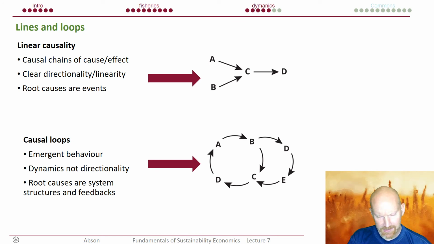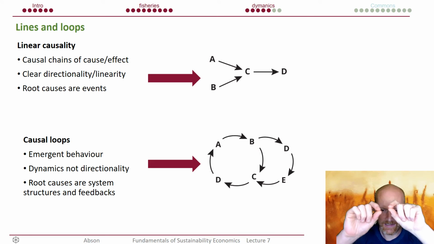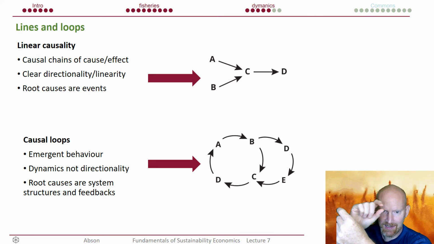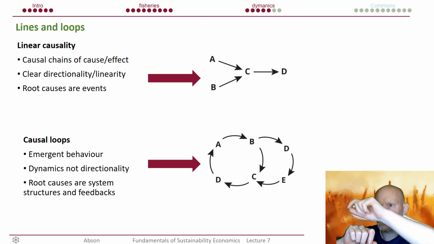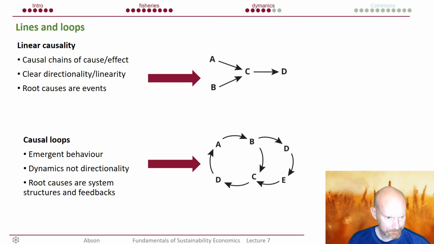One of the important things about systems thinking is that it often isn't based on this notion of linear causality. Linear causality is basically the idea that you have a causal chain of cause and effect. In other words, someone does thing A, that leads to thing B, that leads to thing C, and that leads to thing D. So there's a clear root cause of the event, a chain of causal reactions, and then the outcome that you're interested in.